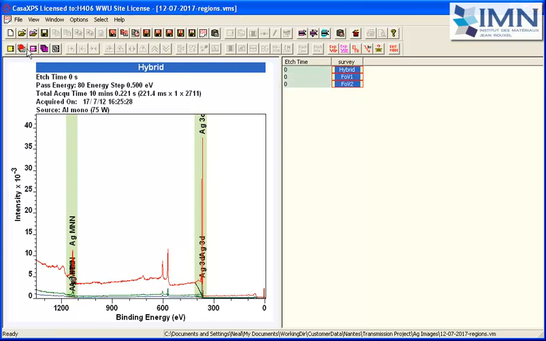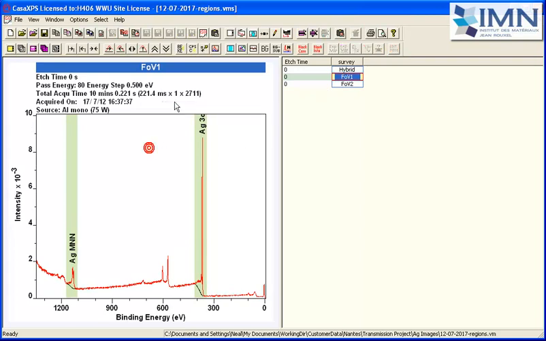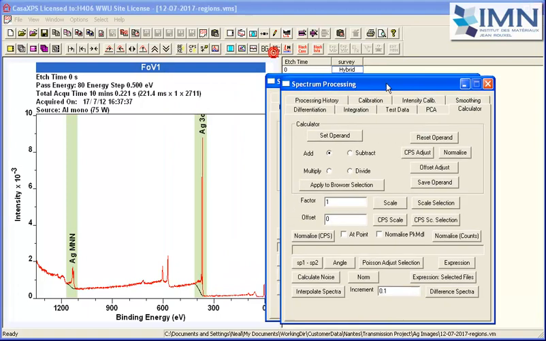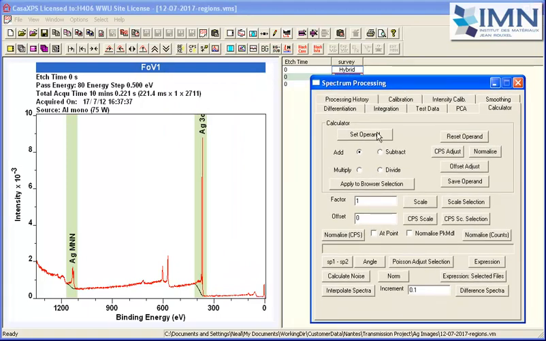And when I overlay these, you can see that the spectroscopy mode, the hybrid mode, has many more counts than the imaging modes. However, if I take an imaging mode and I then use the calculator and